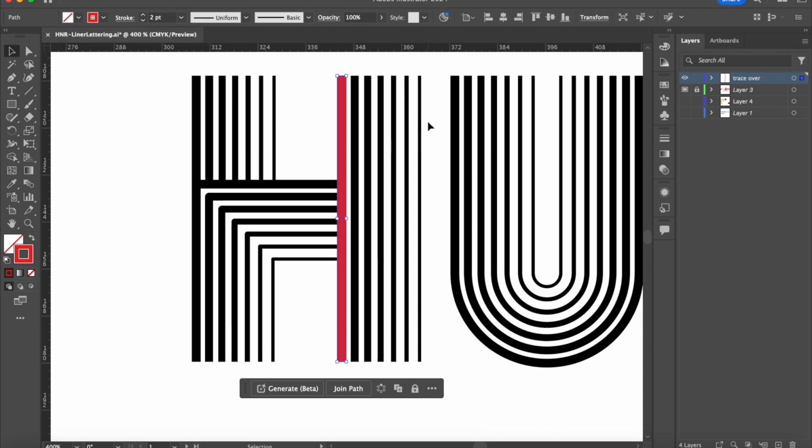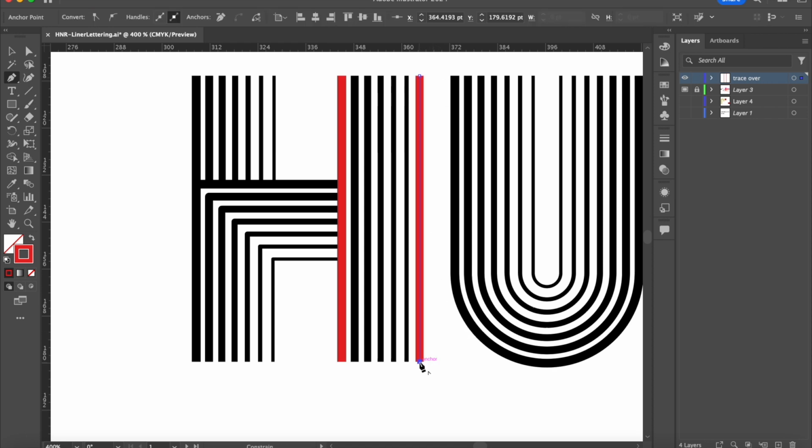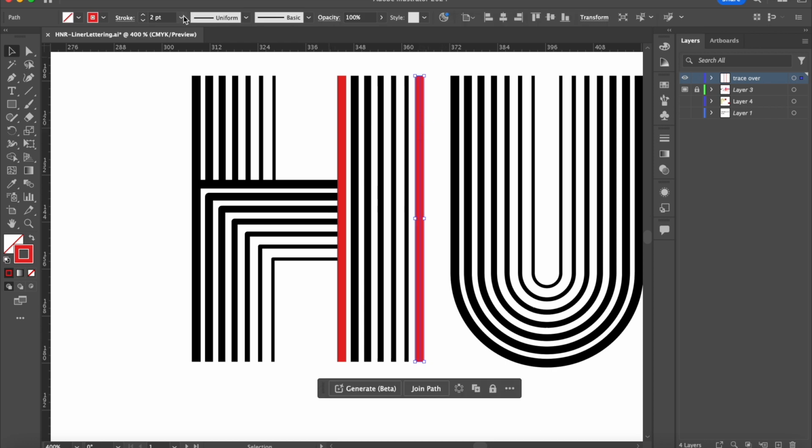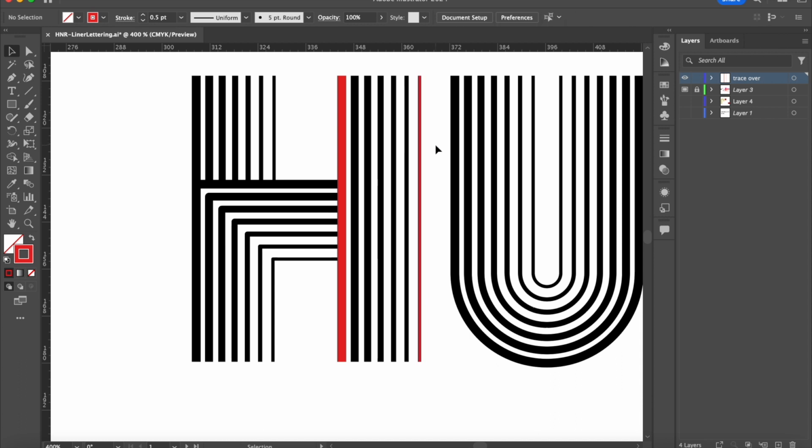Okay, and then at the other end, we'll do the same thing. Okay, we'll make a thin one here. So escape, select it, select the whole thing. And I think it's about a half point. Yeah, there we go. All right, and then to get the in-between ones, there's sort of ghost lines that we're going to build using the blend tool,